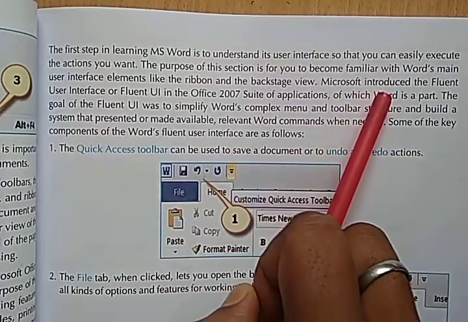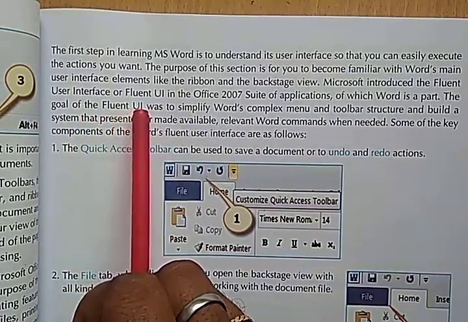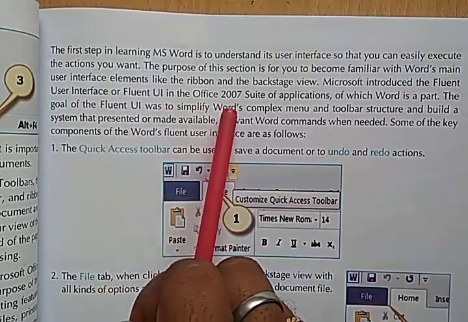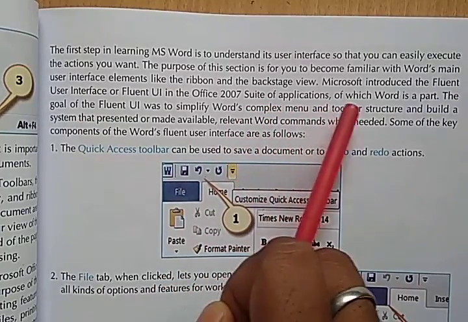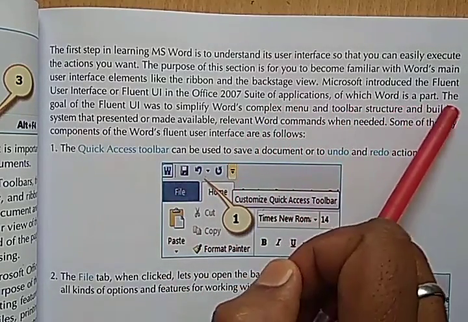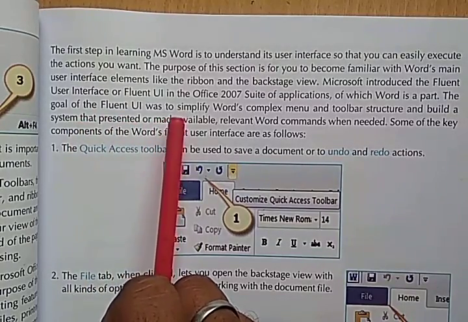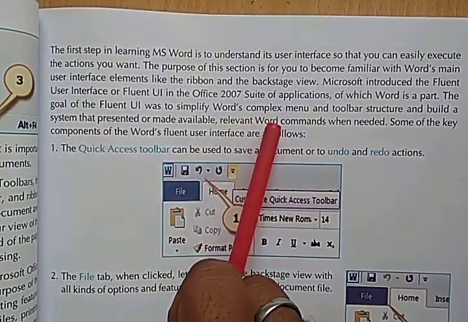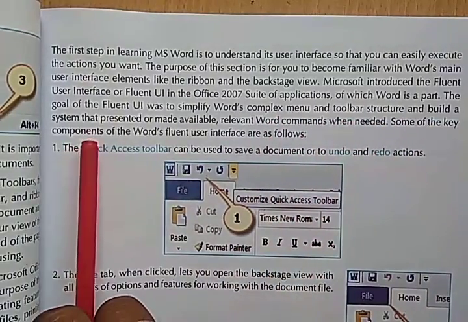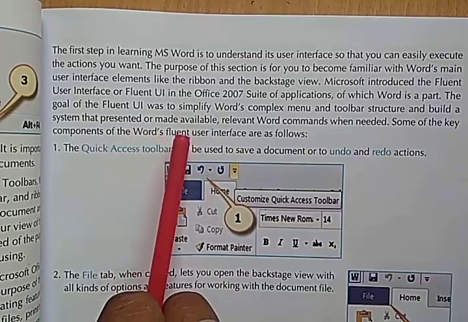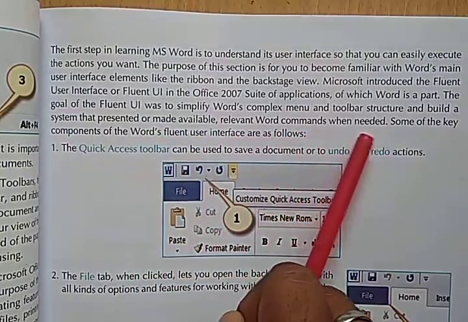Microsoft introduced the Fluent UI in the Office 2007 suite of applications, of which Word is a part. The goal of the Fluent UI was to simplify Word's complex menu and toolbar structure and build a system that made available relevant Word commands when needed.